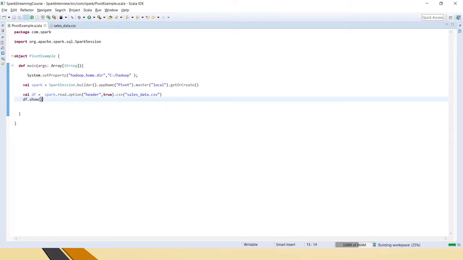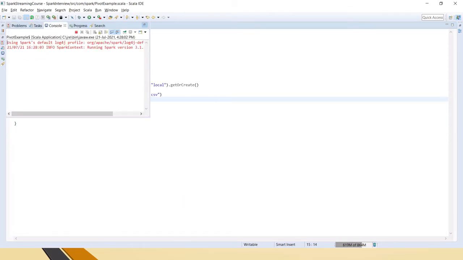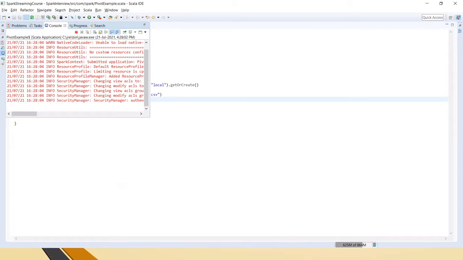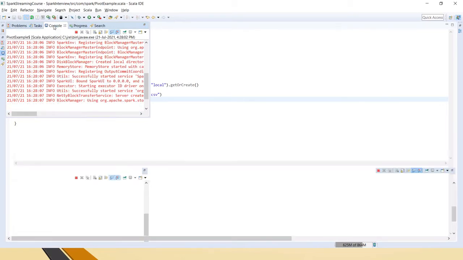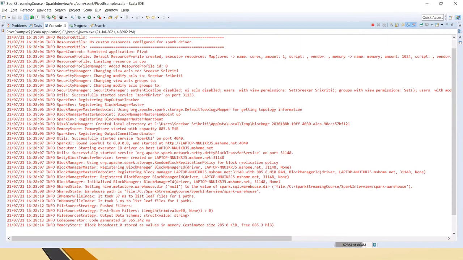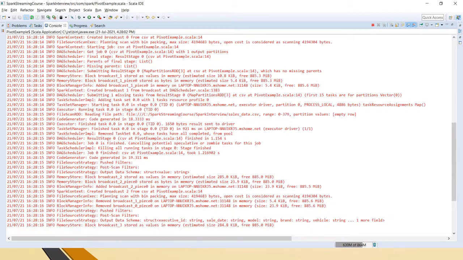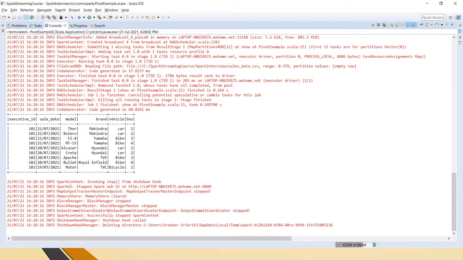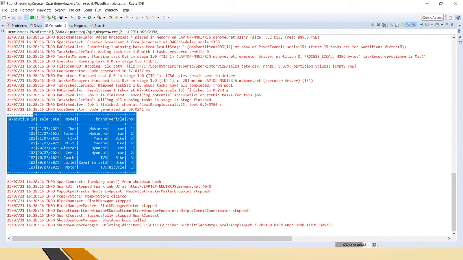So I am just displaying it here. So if you see executive ID, sales date, model, brand, vehicle and serial number. So this is the data frame that we have.